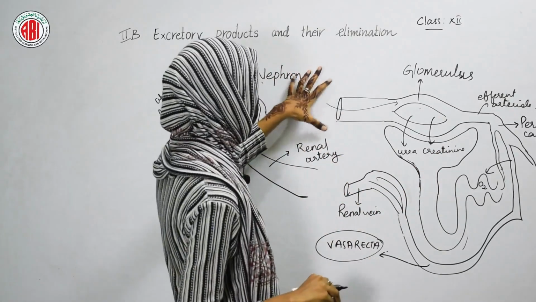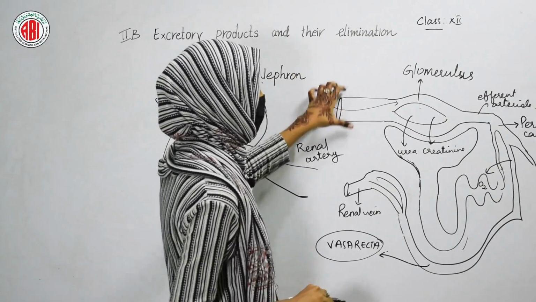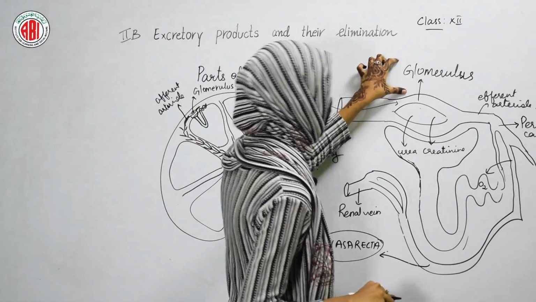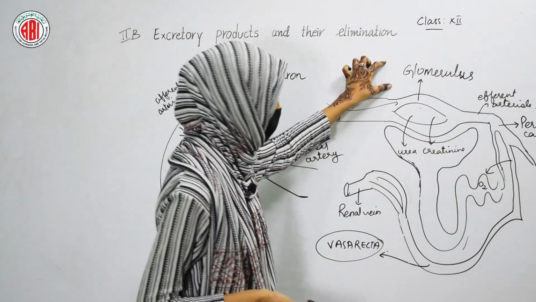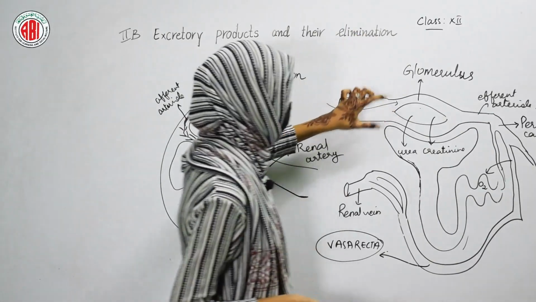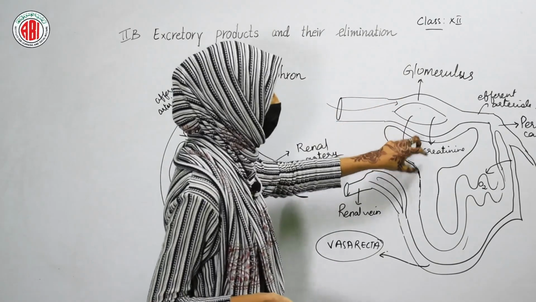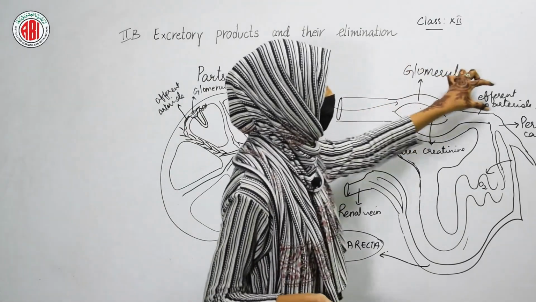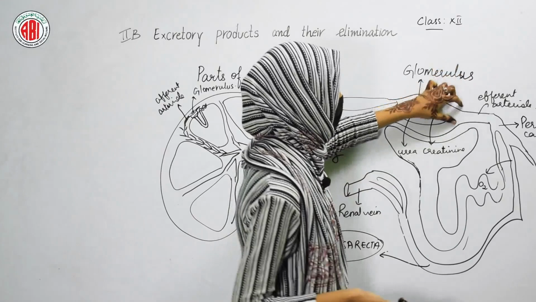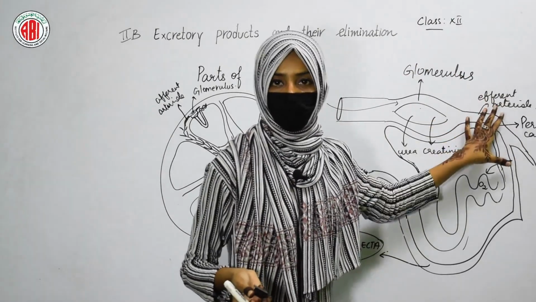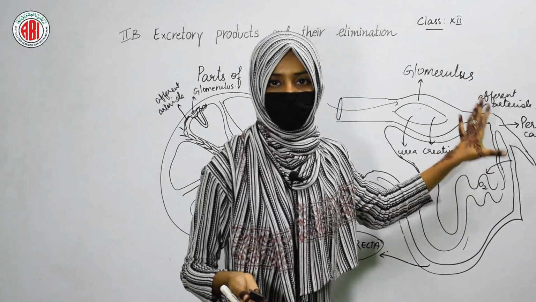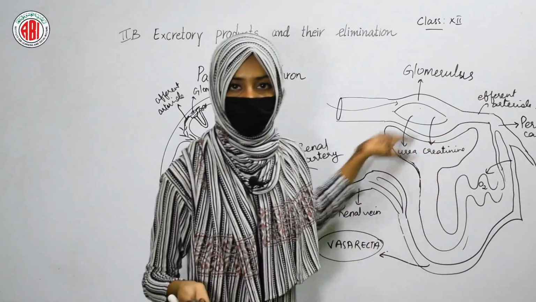The main artery is the efferent arteriole, which supplies the blood to the glomerulus. Then the glomerulus is a structure where the ultrafiltration of the blood takes place. After the filtrate is formed, it is transported into the Bowman's capsule. Now the blood which enters the efferent arteriole further enters the peritubular capillaries. Peritubular capillaries are responsible for supplying oxygen to the whole renal tubule.